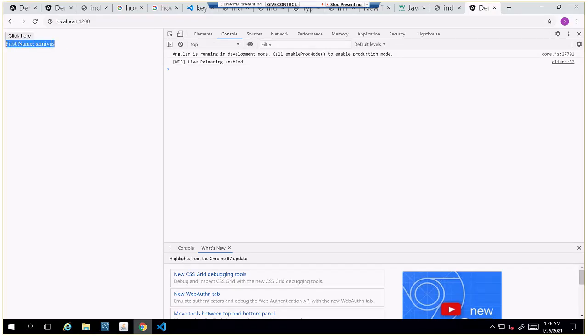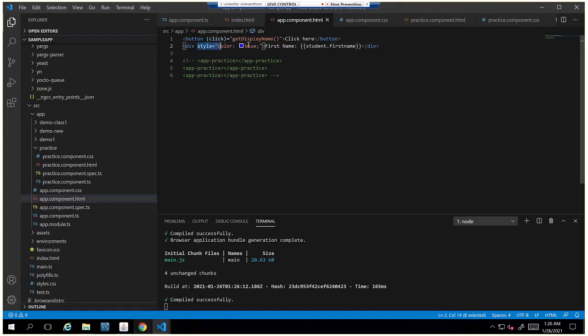But the problem with this is, for every tag I have to write this style background color and style color. And if I want to change one place, it is very difficult to modify all the places which are using these colors. Maintenance-wise also, it is very difficult. That's why we mostly use classes.